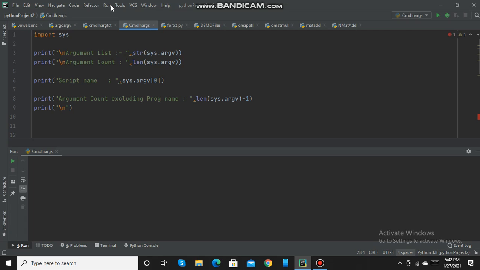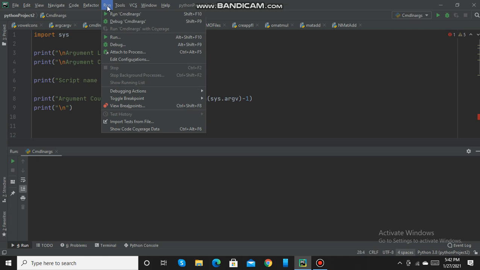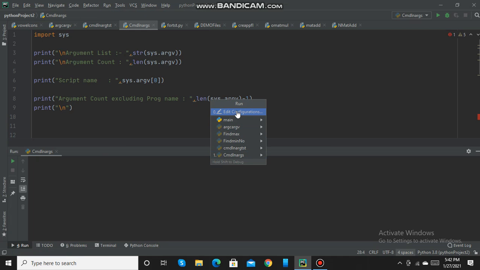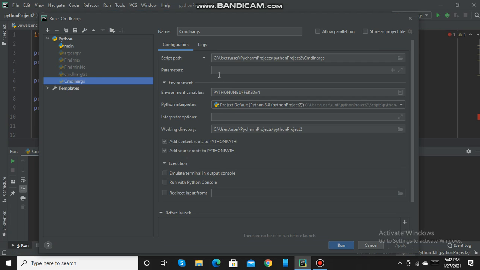Now we'll see how to give these command line arguments. You have to go to Run, then Edit Configuration. In the parameters, I am giving, say, 40, 30, 35.